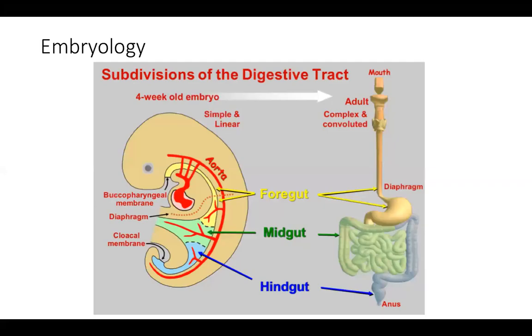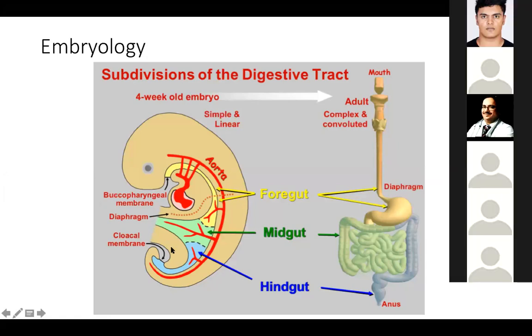from embryology, because that gives us an understanding of the ontogeny of the systems we are trying to study at this point. So the gut, as we know, is a single tube. It is suspended in the embryo by both the dorsal mesentery and a ventral mesentery, and it is supplied by three anterior branches of the aorta at different levels. So depending upon its blood supply, it has been divided into three parts.